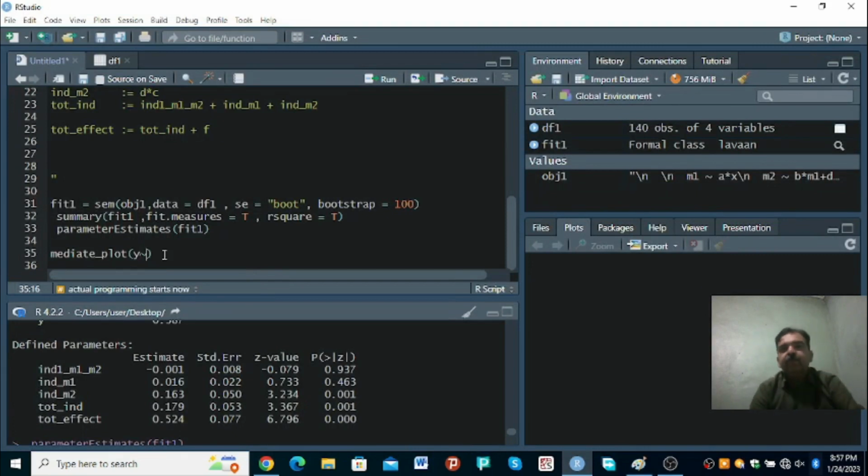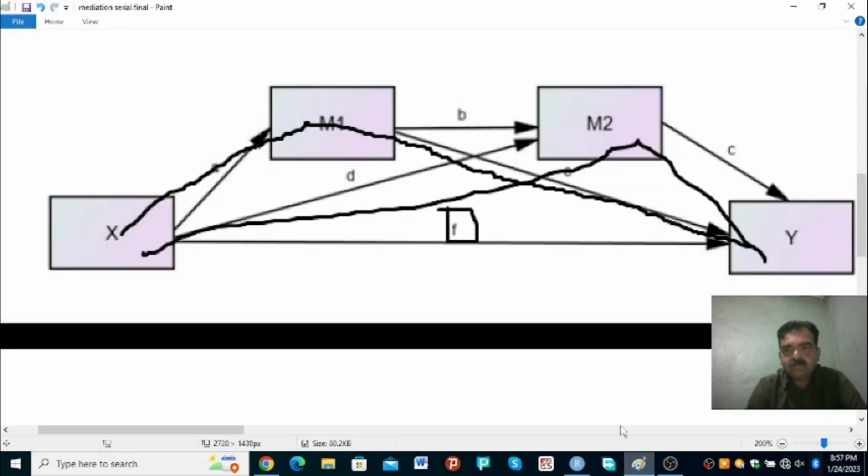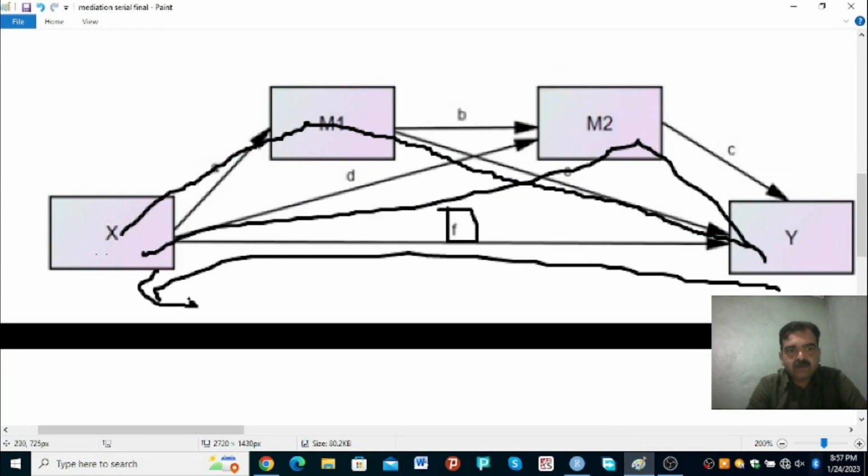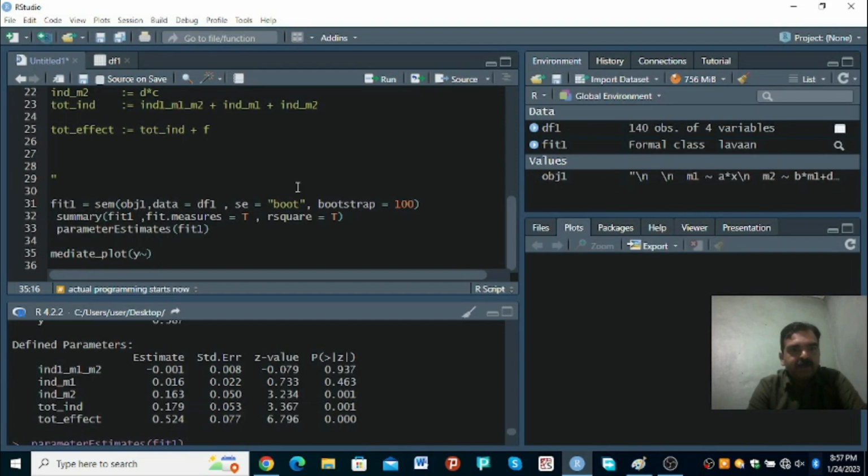I am always saying y is predicted by, or y is a function of, because it makes it easy for understanding the concept. It is opposite actually. We're going in the opposite direction. See, if you see the diagram, we are writing opposite. Y is predicted by x through M1 and M2. So we'll write y is predicted by